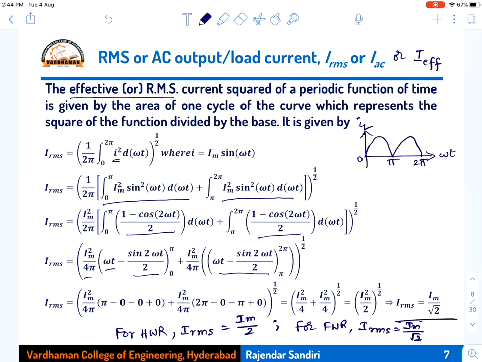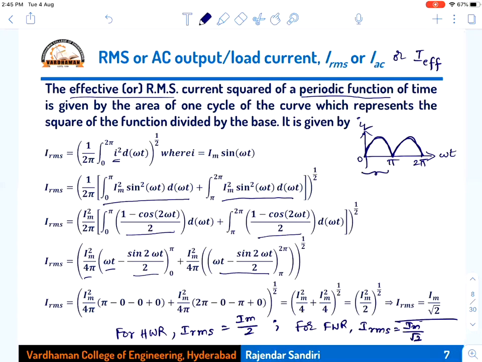But I'm telling that it is a periodic function, right? Periodic function, nothing but over a period of time, the same function is repeated. Suppose if you see from 0 to pi, what is the shape of the signal? This one. From pi to 2 pi is also the same thing. Then for this waveform, we can assume the period as only 0 to pi, not even required to take from 0 to 2 pi.